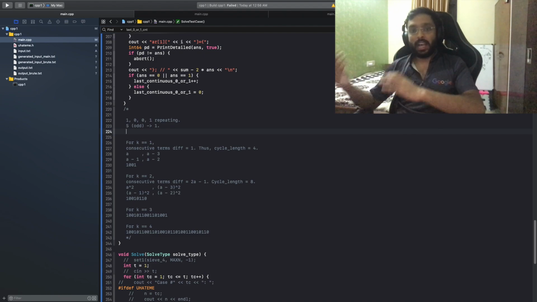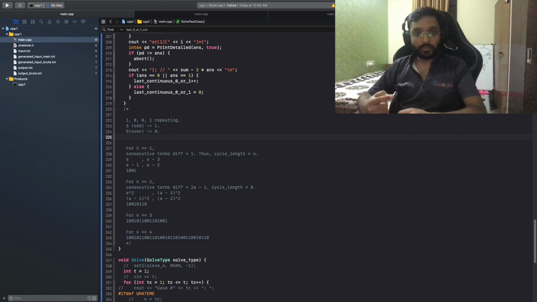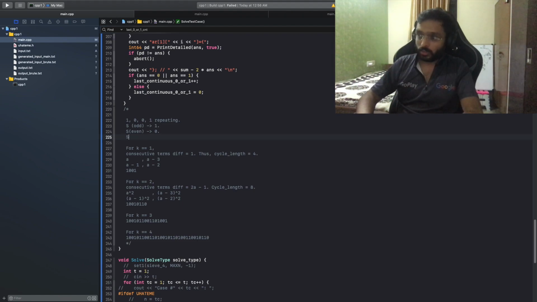So when I add an odd number to the sum, my sum now becomes an even number, and hence the minimum answer which I can achieve will be 0. So just after the odd number there will be an even number. So again I will add it to the even sum, so again it will be even, for which my answer will be 0.